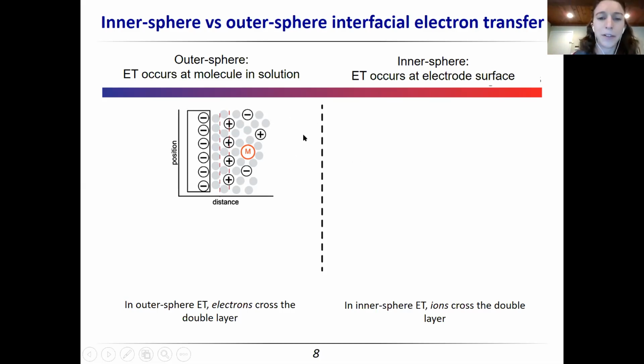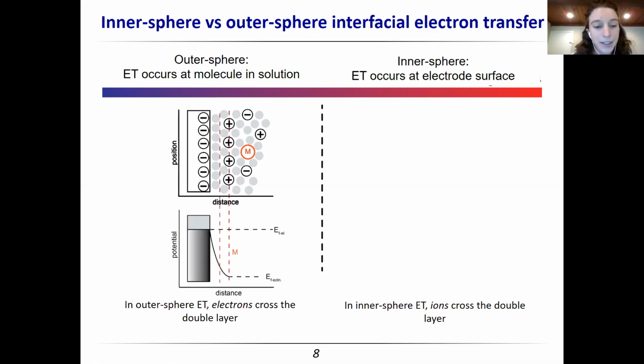And if you remember from electricity and magnetism, when I have two charged plates right next to each other, I have a capacitor. And so in the simplest way, we can think of the electrical double layer as a very tiny capacitor. And what's really cool about this capacitor is the distances across this double layer, depending on your electrolyte strength, can be on the order of a few nanometers. So it's really, really tiny. We can have really strong electric fields here to drive chemistry.